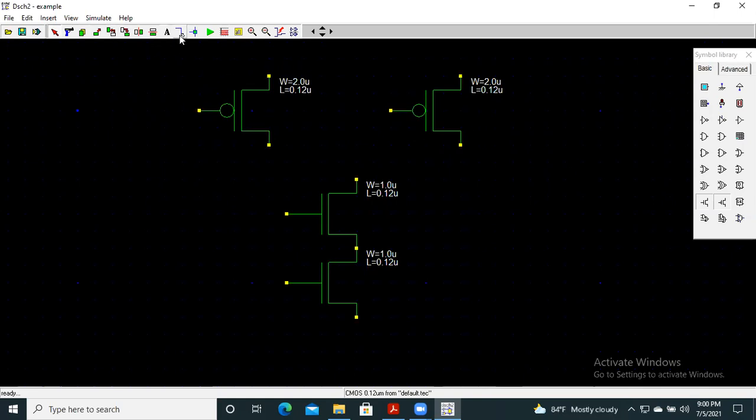Now we have to connect these by using the add a line option. We can connect these two in parallel, and we have already connected these two NMOS directly. We can create a gap here and connect these two NMOS by using add a line. So we can connect this pull up network with the pull down network, and this is our output point. We can take our output from here.